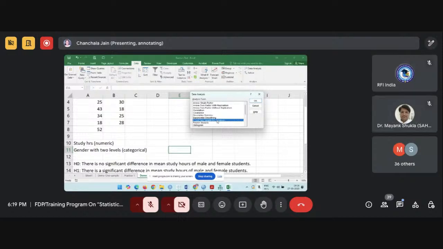Sir, you're not getting my point. ANOVA is a different test. In case of this Excel, you are not getting that. But when we are using ANOVA in SPSS or some other software, there you are getting Levene's test. That Levene's test is nothing but the F statistic, which is listed here.